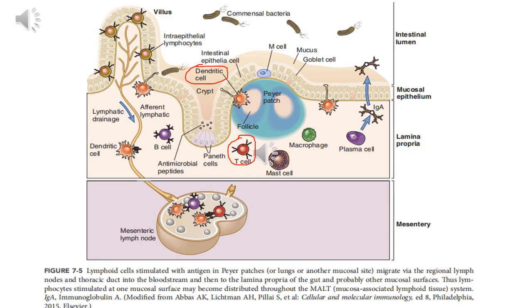MALT contains less structured aggregates of lymphoid cells. For example, the Peyer's patches along the intestinal wall have special cells in the epithelium, M cells, that deliver antigens from the lumen into a mini lymph node, like structure containing dendritic cells and lymphocytes in defined regions, T, interfollicular, and B, germinal. Dendritic cells, T cells, and B cells also reside in the lamina propria layer just under the epithelium.